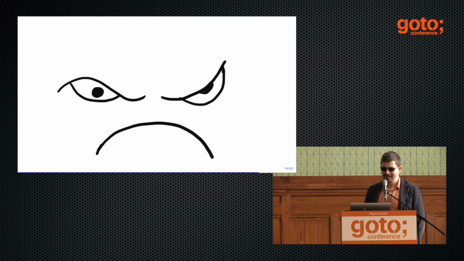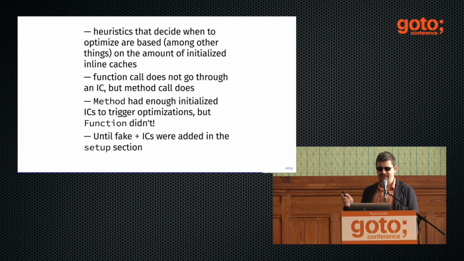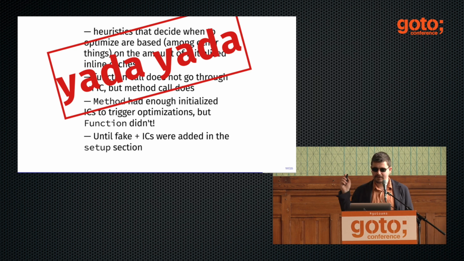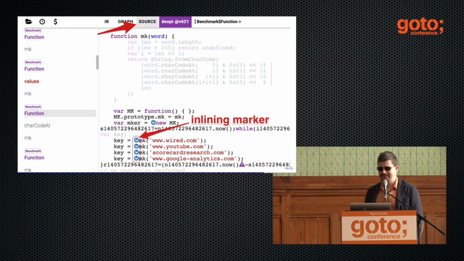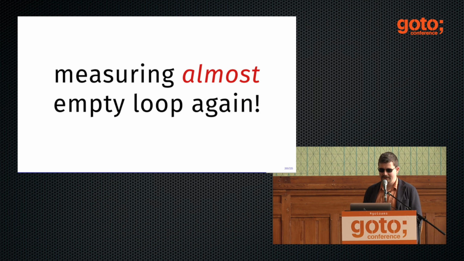Again, our helpful friend IR Hydra. If we look in it, what was happening is that the function benchmark was actually never optimized at all. So it was running in the unoptimized version, which is considerably slower than the optimized version. And that's why it was slower. There is an explanation, but I will summarize it for you as yada, yada, yada. The thing is that function calls and method calls were done differently in V8, and the optimization just was not triggering. It was not counting the right thing. Adding the stuff that I added caused it to be optimized because it started counting the right things. This is kind of fixed, so it should not be a problem anymore.